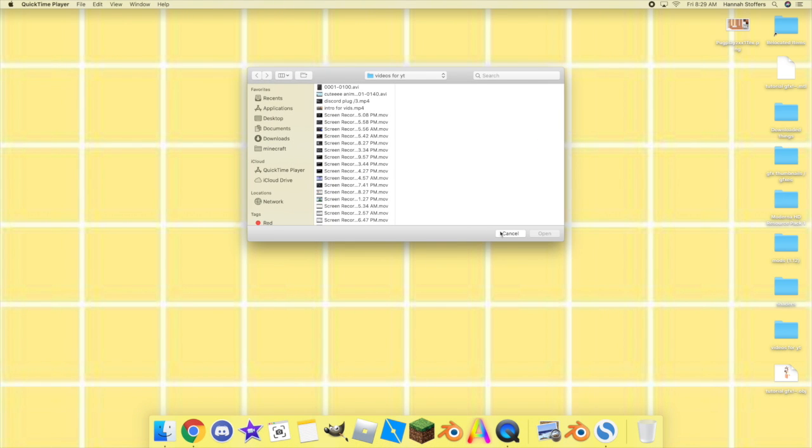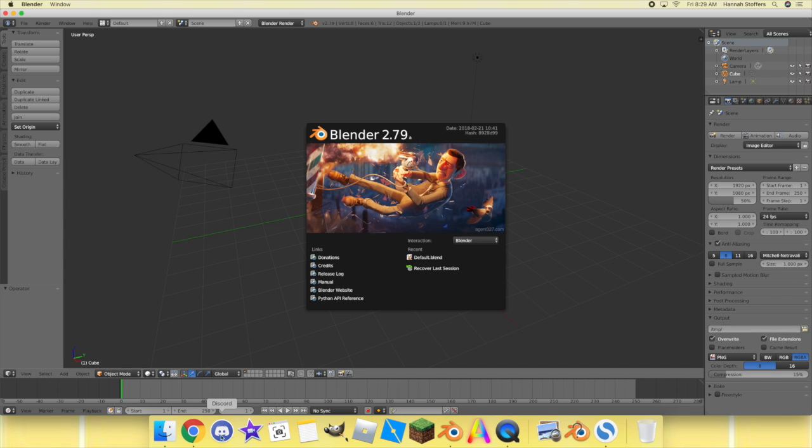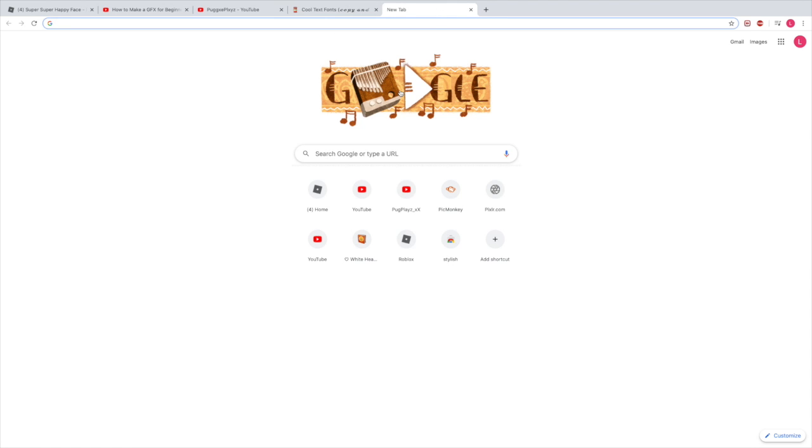Okay, so now I'm going to open up Blender. So click on Blender. I'll link the download in the description. Also, if you don't know how to get Blender 2.79, it's easy. All you have to do is go to